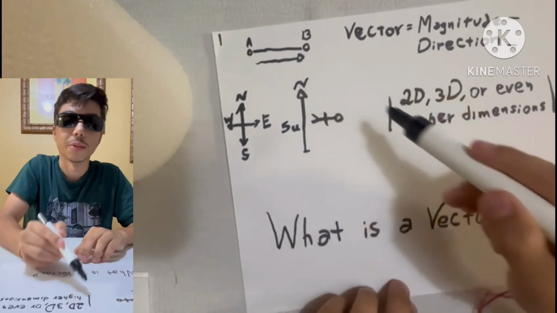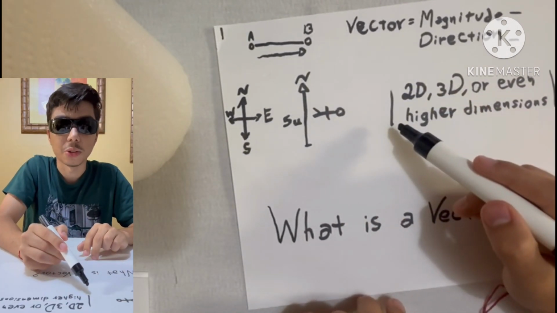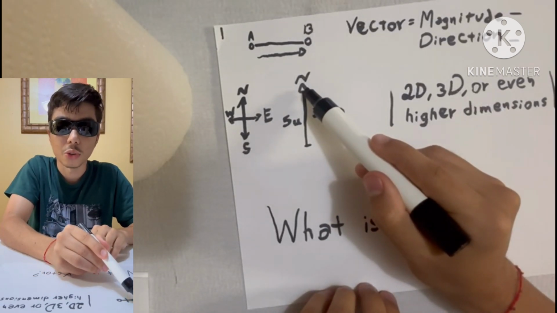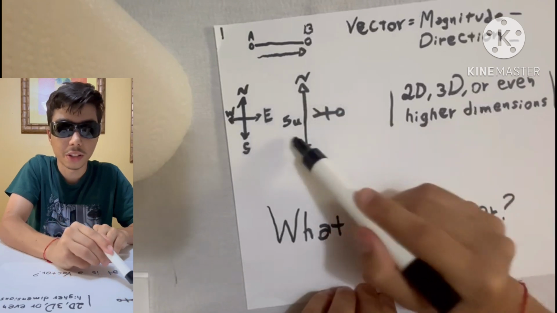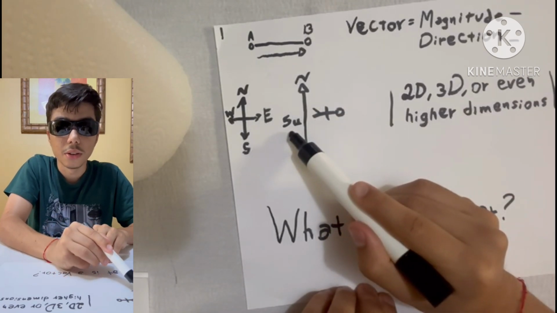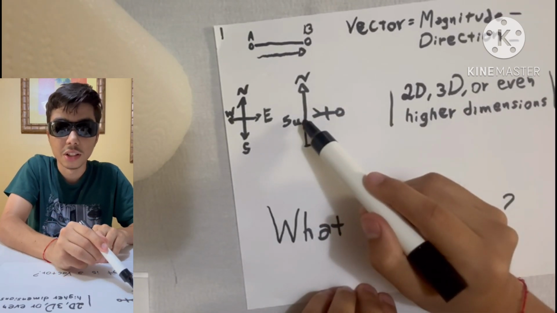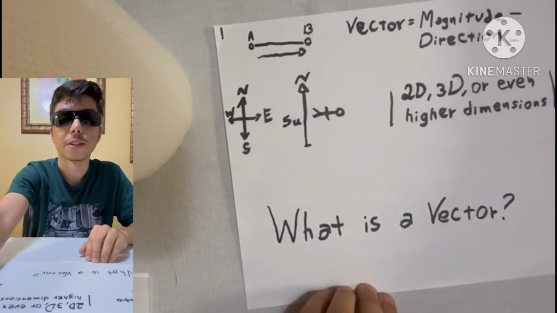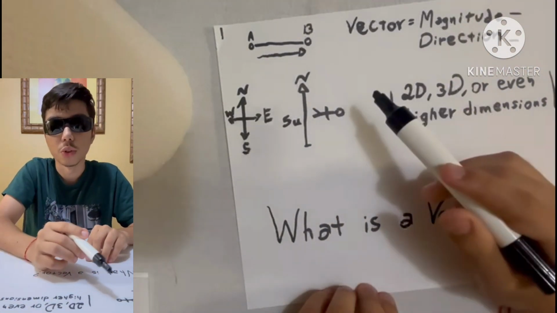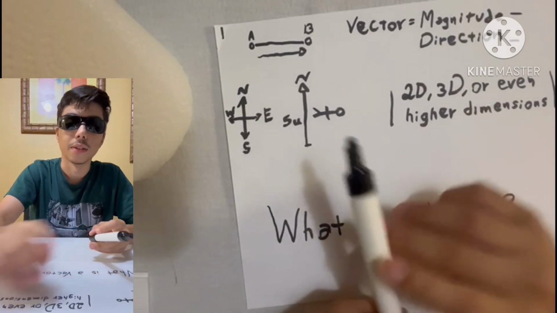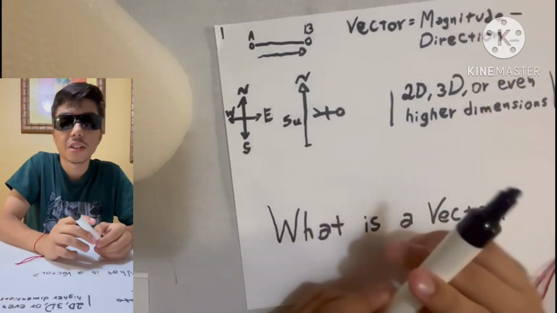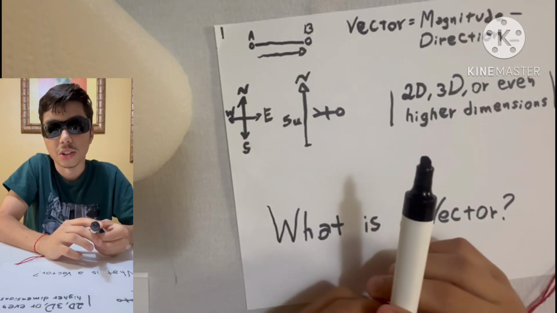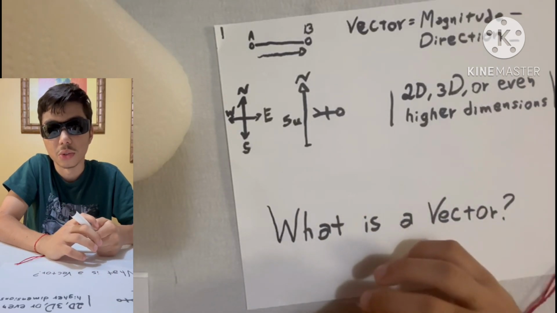For example, if you walk 5 steps north, that movement can be described by a vector of 5 units long, pointing north. It doesn't matter where you started. What matters is how far and in which way. Vectors can live in 2D, 3D, or even higher dimensions, but for now we'll stick to 2D to keep